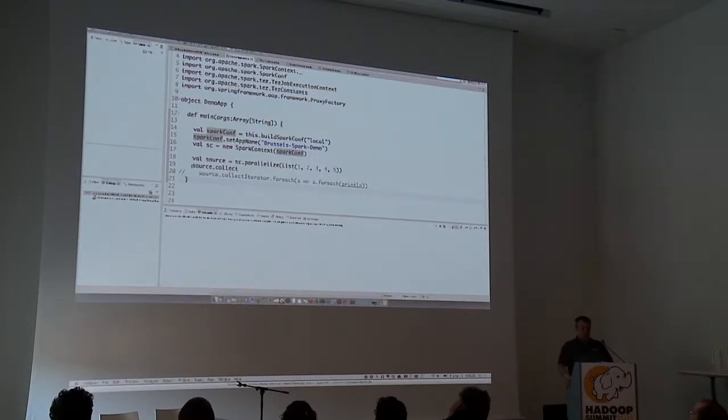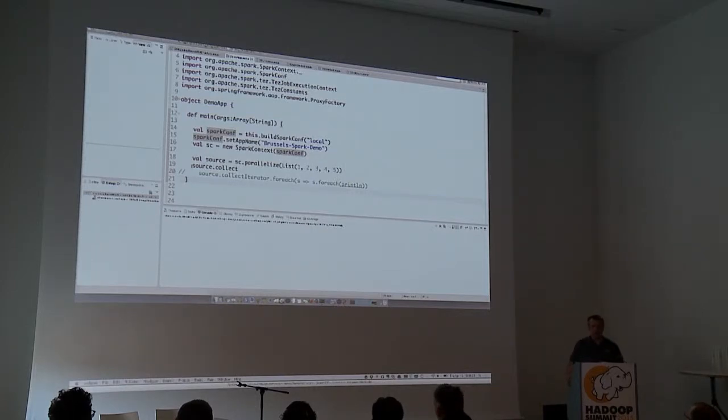Now, as I described before, the problem here is that collect will pull all the data into memory, right? So I may not want to do that, because while I'm writing this code with a collection of 5 elements, that's fine, but I know that in real life this particular operation might be on a very large piece of data, and the result could be extremely large, right? So I want to introduce a new operation. Instead of collect, I want to introduce collect to stream, or collect into iterator, or something along those lines, right? How would I do that?